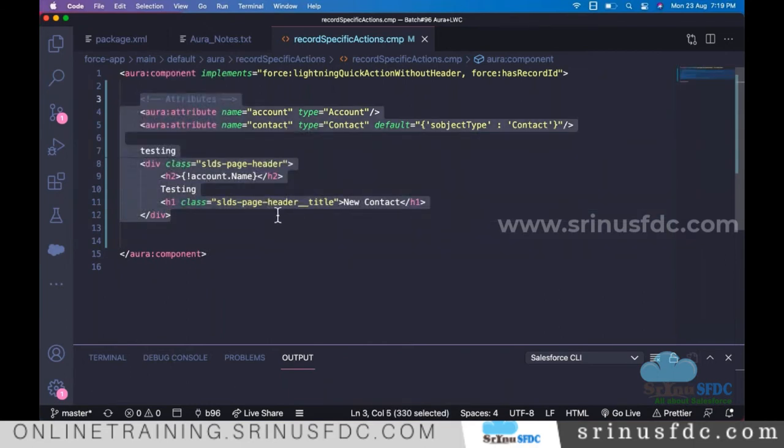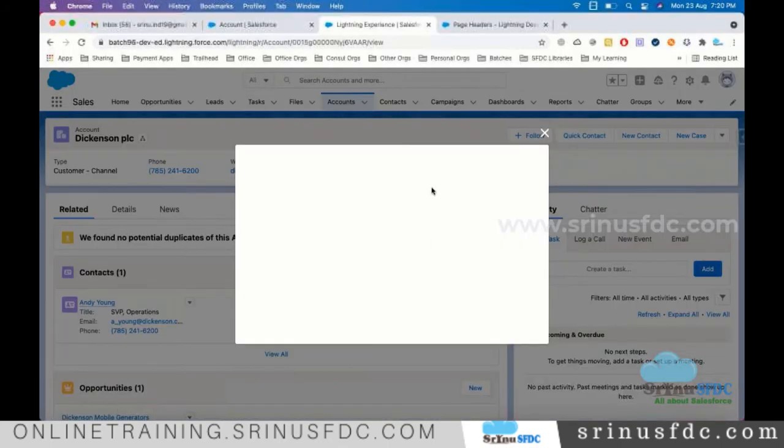We use the SLDS class in a test application. We extended the SLDS class, right? Yeah, understood. But that should be only when you include this in the Lightning application. Basically, when you add this to the record page or as a quick action, the system can automatically apply the styles. But maybe the thing is the outside content also is not showing, right? If you see. Correct. Yeah. Style is the problem.